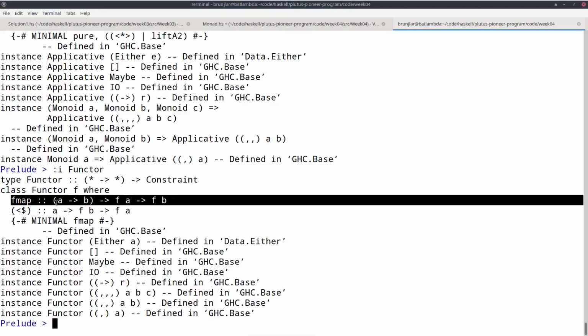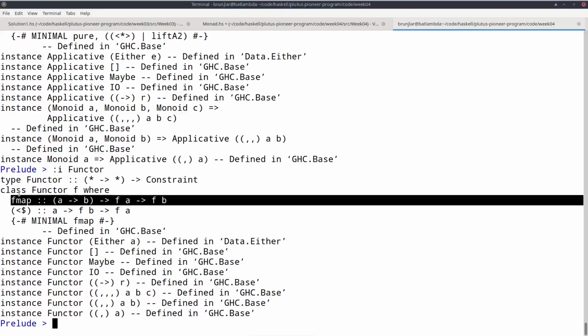Given a function from A to B and a list of A's, you can turn it into a list of B's by simply applying the function to each element. We also saw that we have fmap for I/O. And again, once you have return and bind, it's easy to define fmap in terms of them. So there is a general pattern.